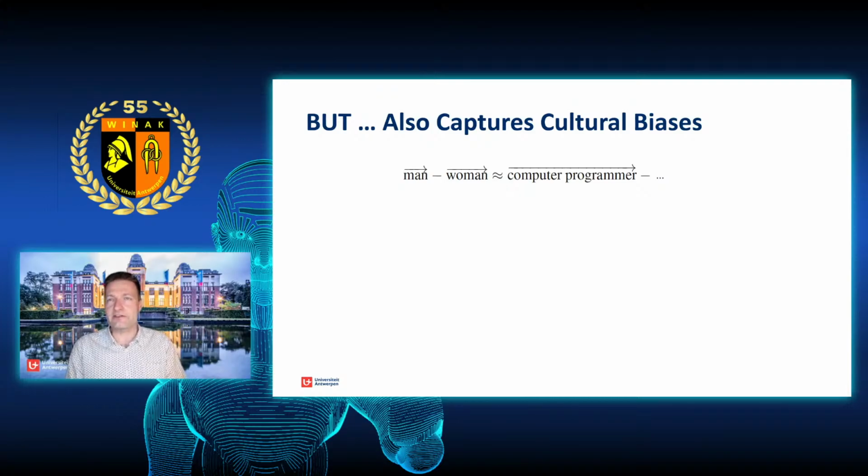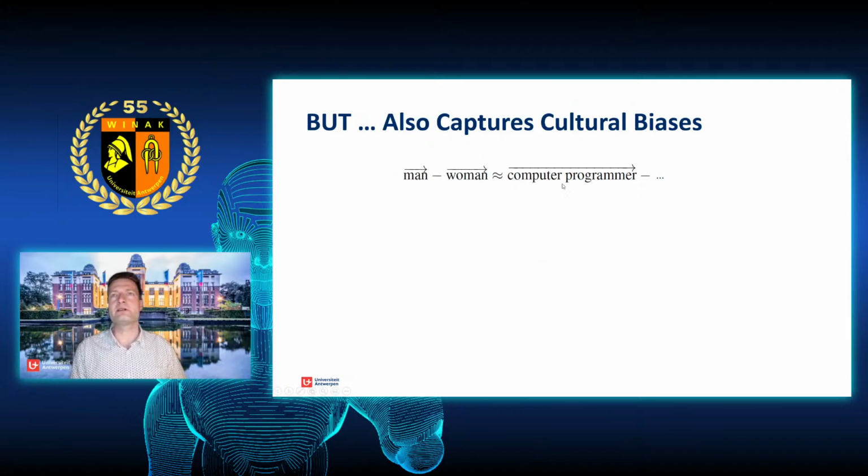So that's all really nice, powerful applications. However, it also captures cultural bias, and this should actually not surprise anyone because it's trained on texts, on news articles, and they're about society. Cultural bias will also be reflected because when we want to predict a word, it's interesting to know these cultural biases that are there in the text and for which you need to play the guessing game. So some researchers actually took this up and they were testing it out. And so let's play this equivalence game.